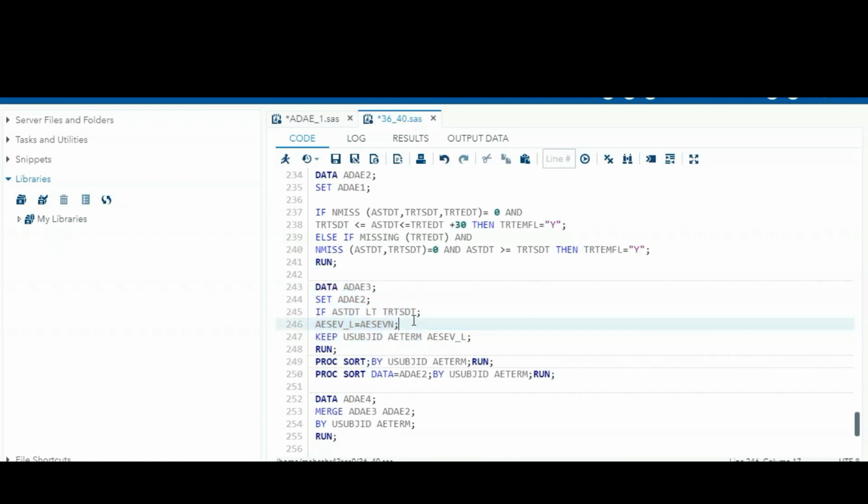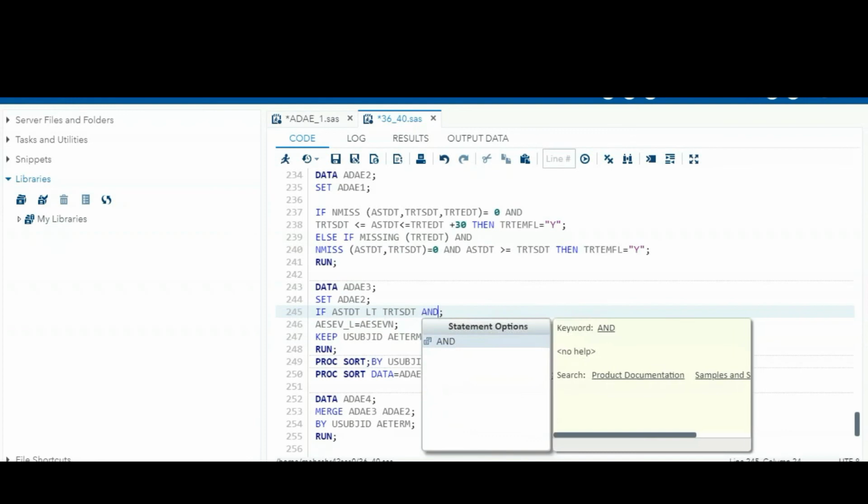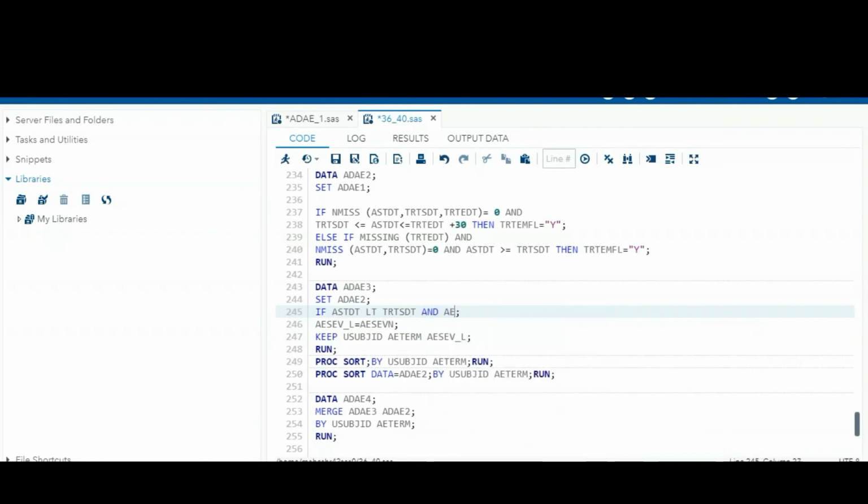So here you can mention the condition also: AEENDTC equal to missing. You need to check whether your data is in this format or not. Here in our data we don't have anything like this, so I'm commenting this one. But you need to check this condition also: it is less than, and the end date should be missing. So for that adverse event only, we are going to check the severity.